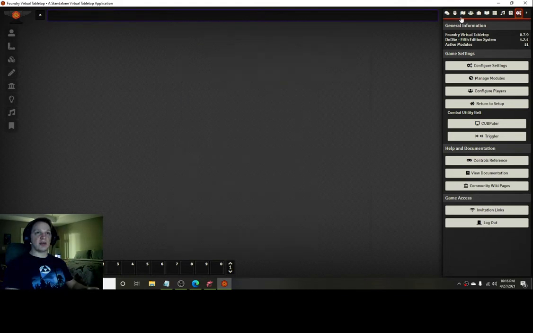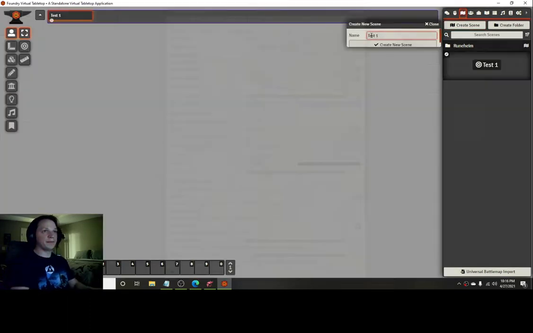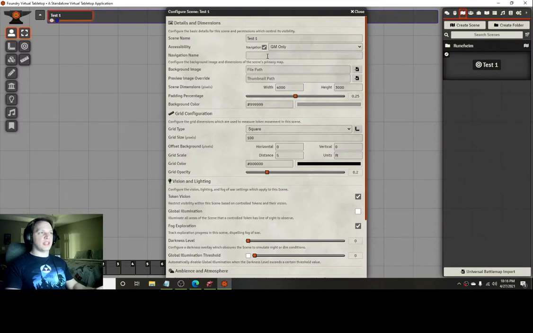And so now let's actually make a scene. So we'll do the first tavern, just doing it the regular base way, not using the importer, so you can kind of see. I'm going to go over all the different settings that you can do when you create a scene. So we're going to do new scene. We're going to name it Test 1. And so when you have this, you can